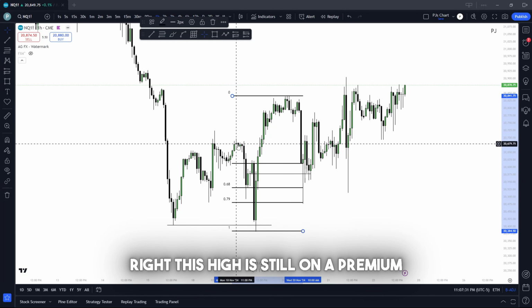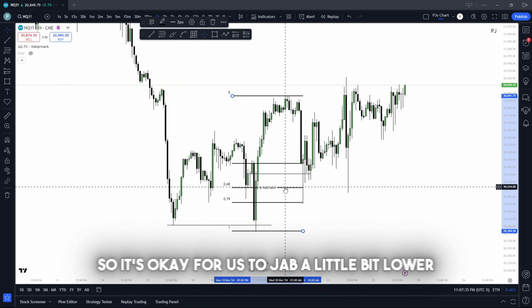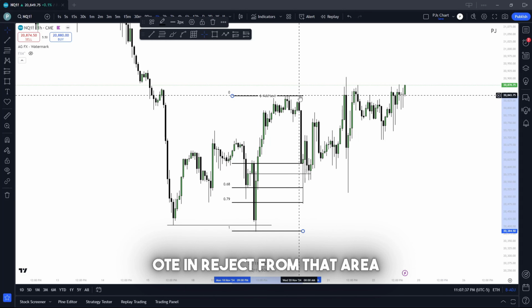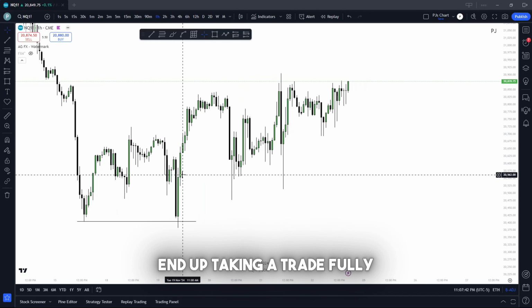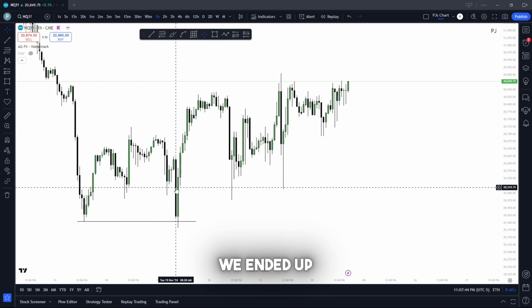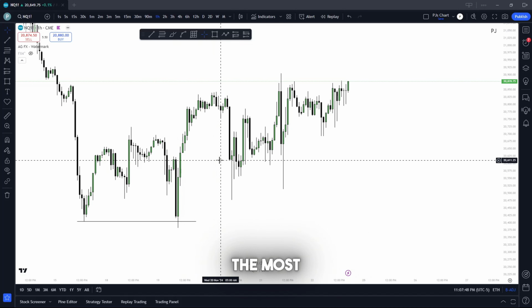Right, this high is still in a premium, so it's okay for us to jab a little bit lower. We see into an OTE and reject from that area. So where did I end up taking a trade fully? We ended up longing one time here, but what I want to focus on is the most high probability of